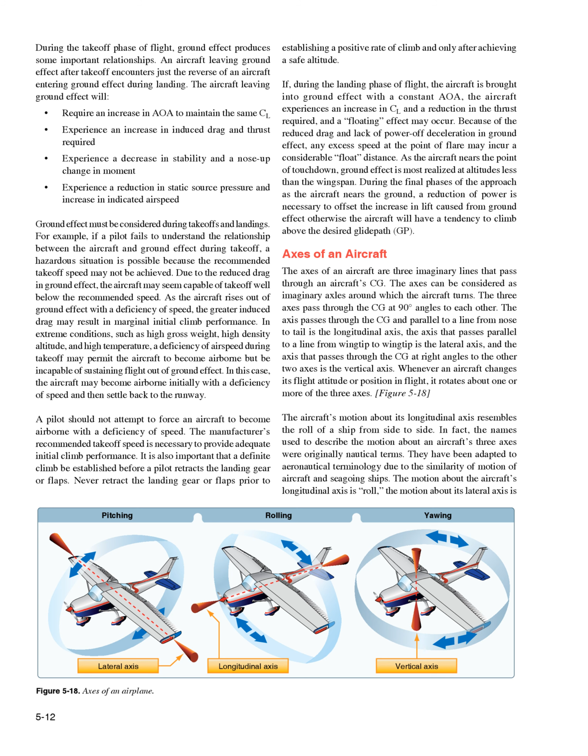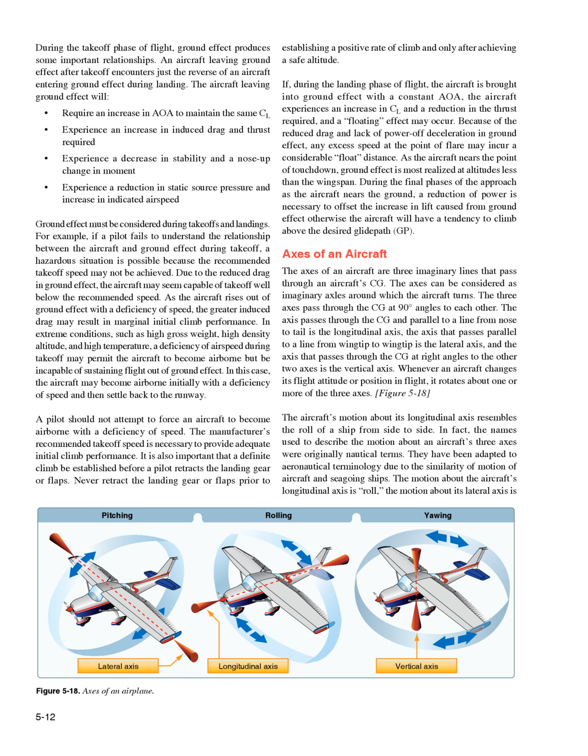If, during the landing phase of flight, the aircraft is brought into ground effect with a constant AOA, the aircraft experiences an increase in CL and a reduction in the thrust required, and a floating effect may occur. Because of the reduced drag and lack of power-off deceleration in ground effect, any excess speed at the point of flare may incur a considerable float distance. As the aircraft nears the point of touchdown,